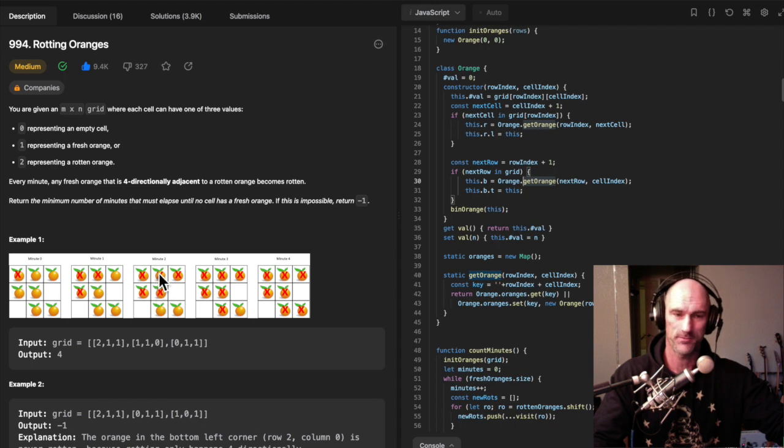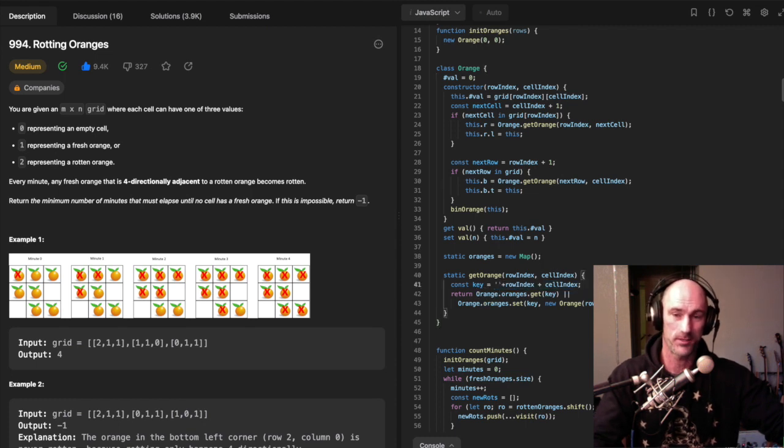We got a new orange for it, but we already created an orange for that one, right? So then we would be creating a new orange to get the bottom property of that one, and it would be infinite. So rather than just getting a pointer to that orange instance, we would be getting a new one. So in order to avoid the infinite orange creation, we have a getOrange method,